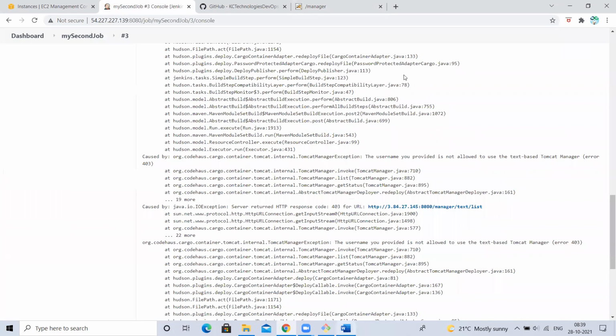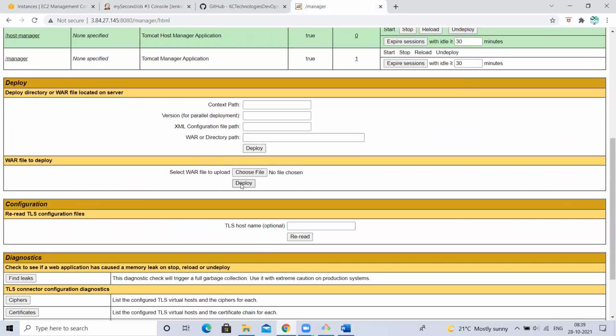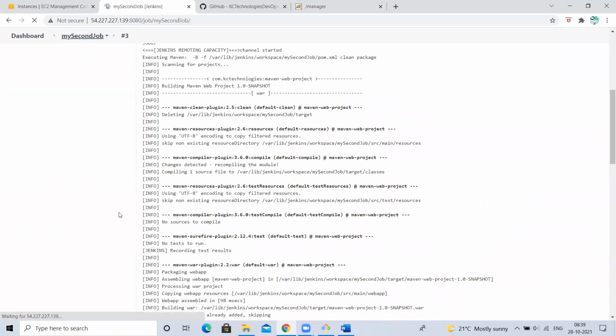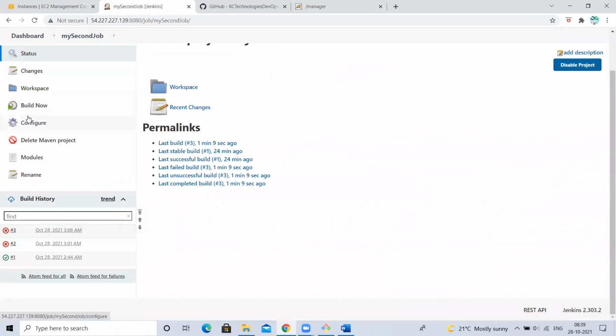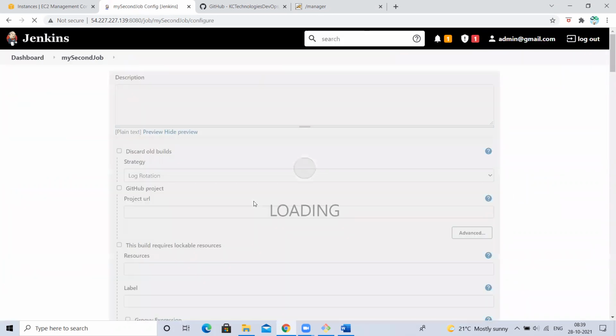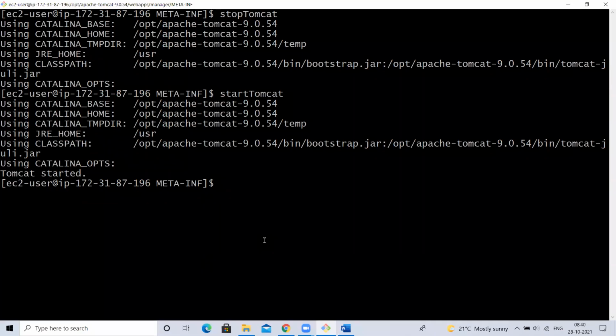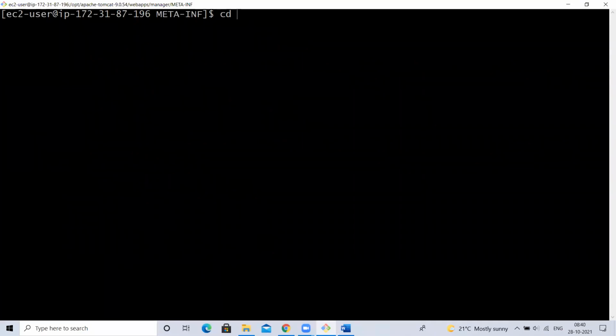How Jenkins, if I want to deploy, I'll go and click here and deploy. But Jenkins wants to deploy into Tomcat. How will it deploy? Through script. It internally uses these details, this URL, this username and password. Jenkins will generate a small script, try to connect to Tomcat and take this war file and deploy into webapps directly. But it is unable to do. Why? Because the user we created here doesn't have manager-script permissions.